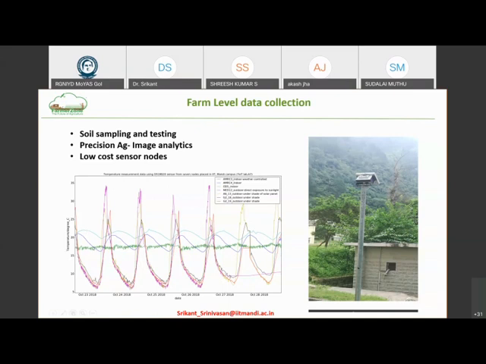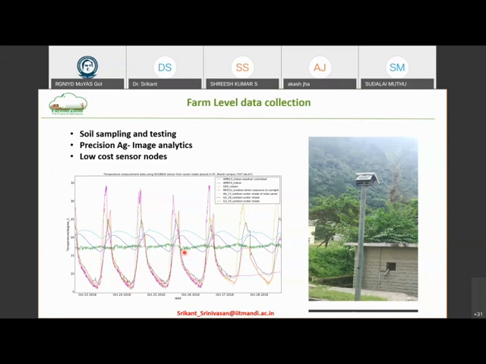And that's what you see in this plot over here. So you see how the temperature is fluctuating, because each of these lines is representing one weather station. So you can see that some area which is within a shaded region doesn't show so much variation. Some area which is in a slightly sunny or open region shows a very high variation. So depending on where you are located on the mountainous region, your crop within a very small distance is going to experience a very different terrain. And this kind of variation is going to clearly affect your agricultural output.